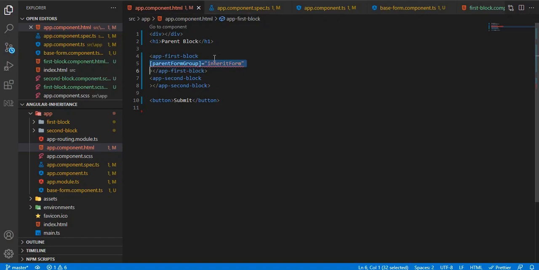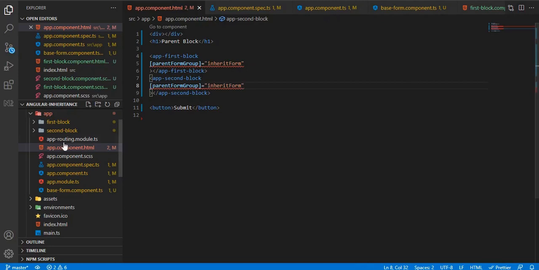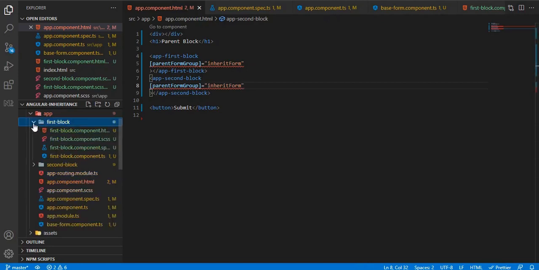Okay, the same thing can be copied over to second block. Okay, so now let's go to the first block first here.